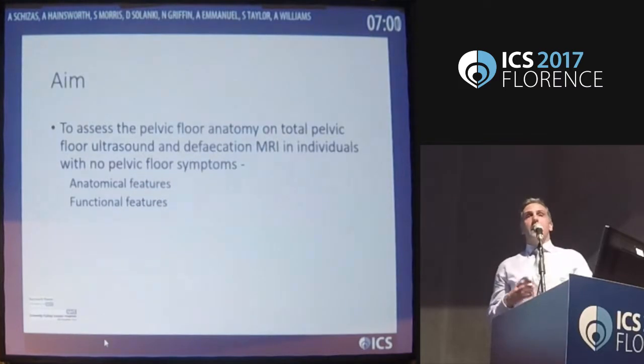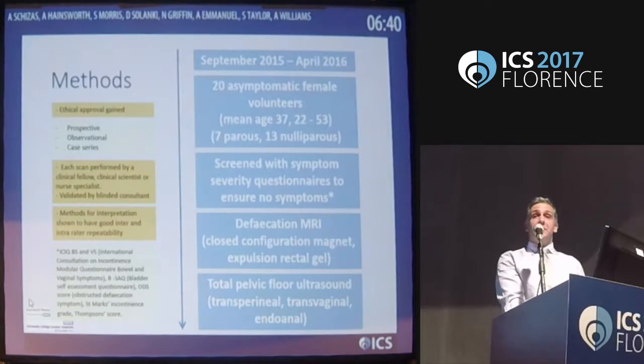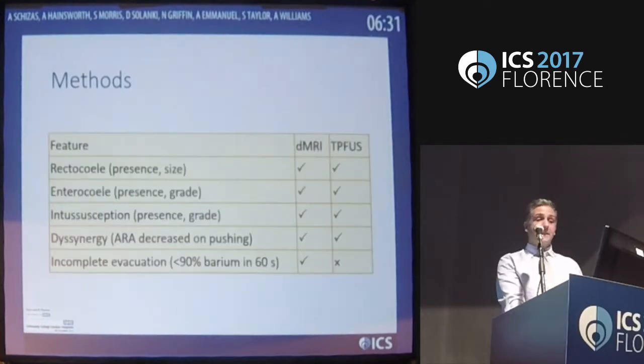So the aim was to assess normal anatomy in non-symptomatic females using both the MRI and the ultrasound, and to try and identify the important anatomical points and correlate the two together and see what normal may be. We had 20 asymptomatic females, of which 7 had been parous and 13 nulliparous, with no urinary or bowel symptoms. They both had the pelvic floor ultrasound scans and an MRI scan,